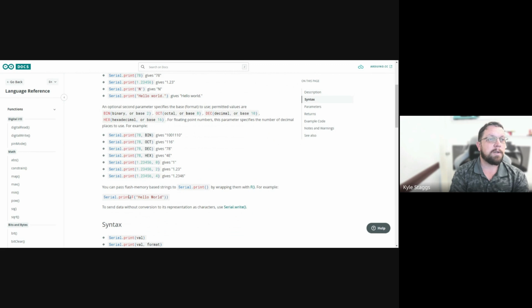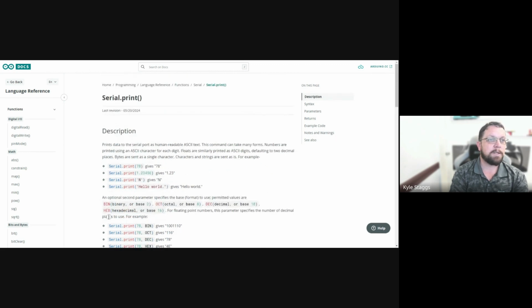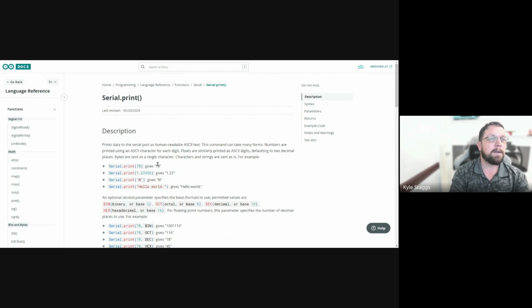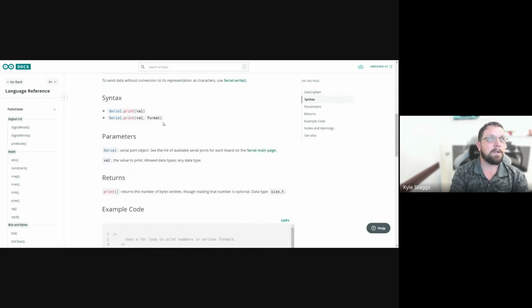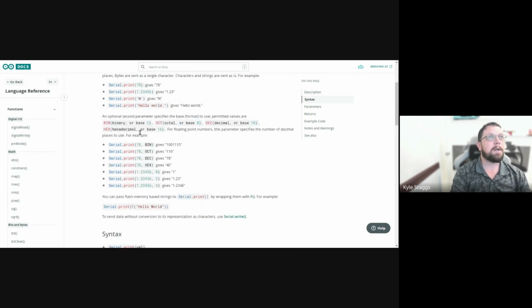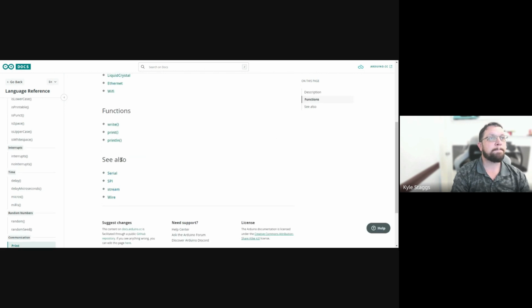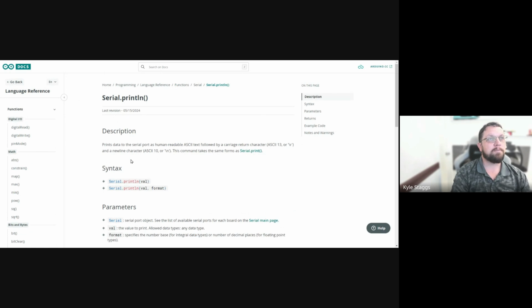And there's a couple kind of cool, tricky syntax things that we can do later. But for now, we just know that serial print is a function that takes a value and a format, or just a value. And we're going to start with this first example. There's also a serial print line, which is println. This one is more useful for our specific case because it prints human readable ASCII text followed